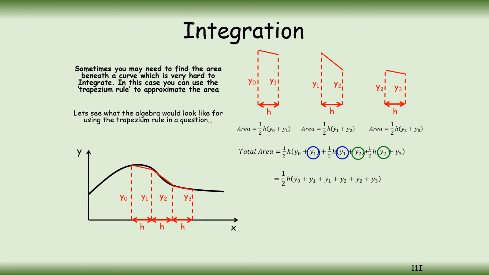Now you see there's actually y1 twice, and y2 twice. So we could further simplify this by putting a square bracket, writing half h, y0 plus 2 lots of y1 plus y2 plus